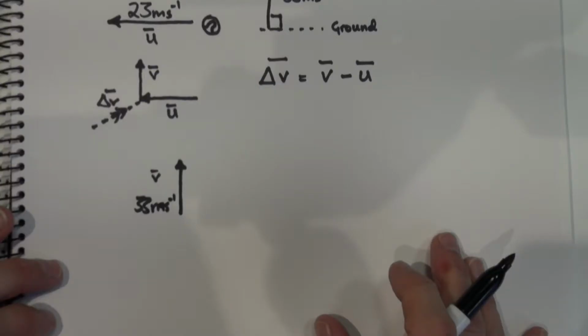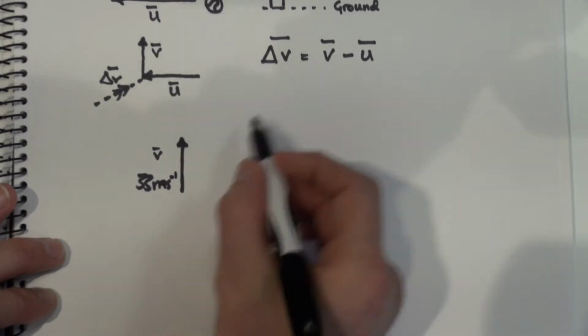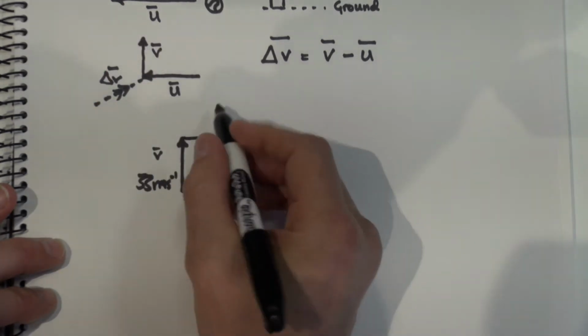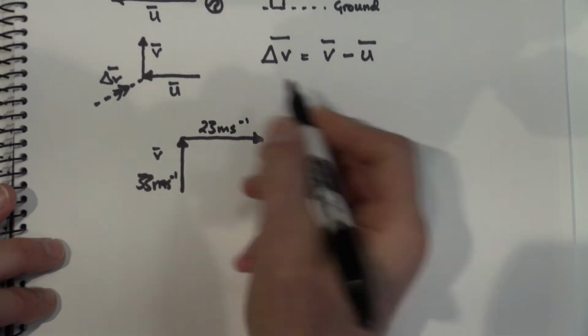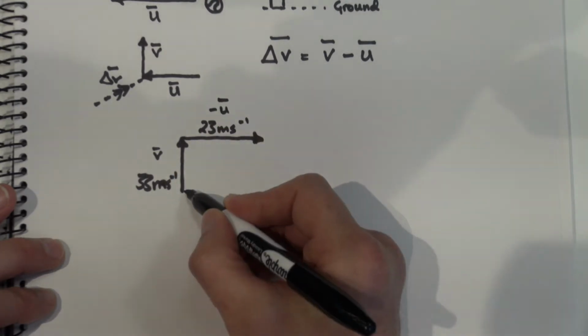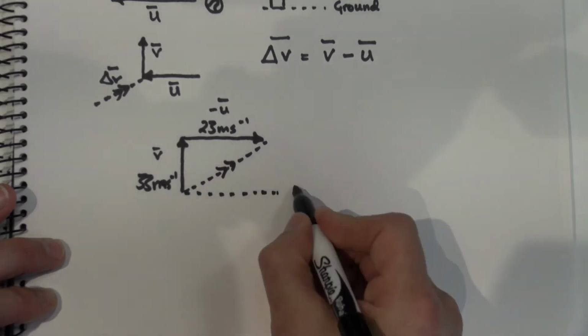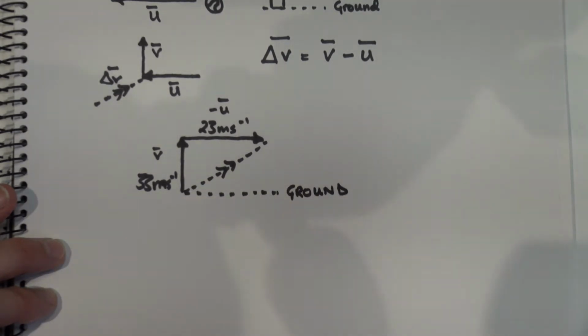Now our algorithm, as we know, is delta v equals v minus u. Now the diagram to the left shows us all the vectors we've got. U plus v is going to be, of course, a change in velocity, delta v. So we put down v, then we put down negative u, which is going to be 23 meters per second. We produce a right-angled triangle, and the dotted line is going to be our resultant at an angle to